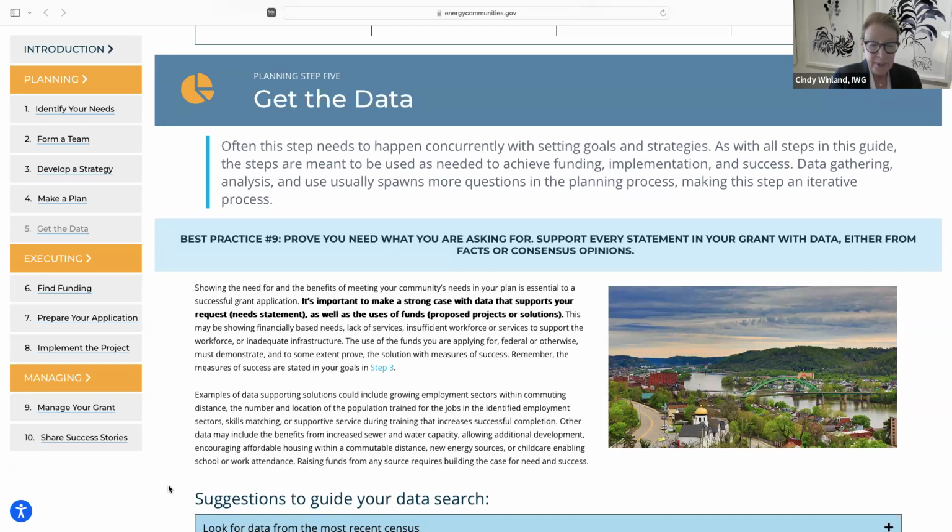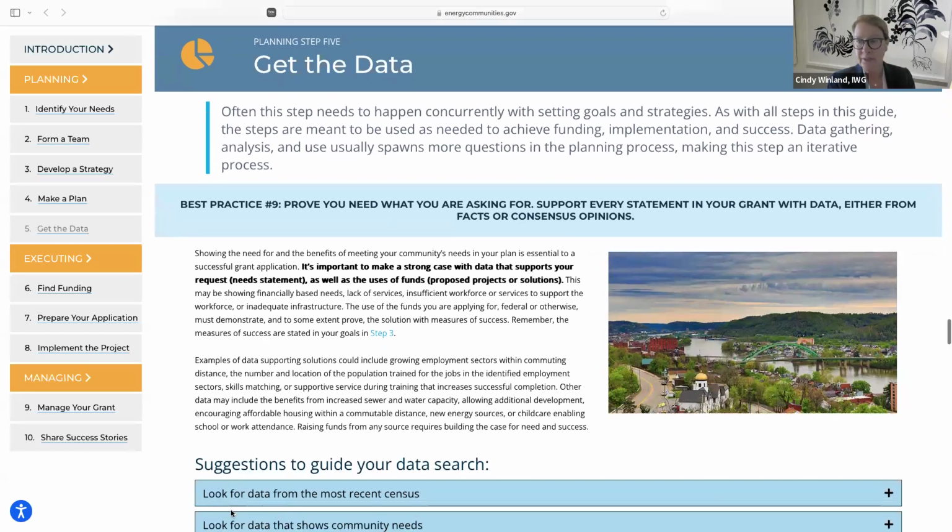It's things like providing visuals, like taking pictures, showing infographics, graphics. All those things are important. Testimony can be data. Don't underestimate what happens to people, what the impact is on people. It's important to make your request about people, and we all know that when a community thrives, people thrive. So while this guide is a discussion and very much about finding and being awarded funding, getting the data to support your plan or your grant can also help to illuminate things that you didn't know about your community, or a new way to see it, or it can be a catalyst for other objectives, other solutions.